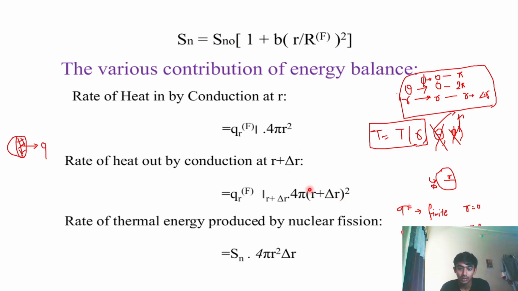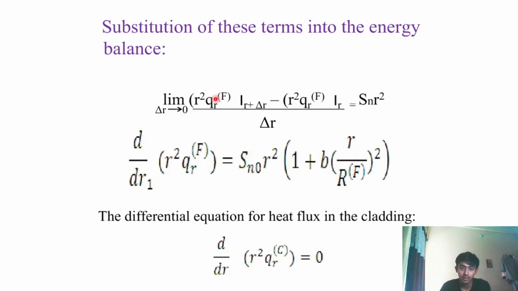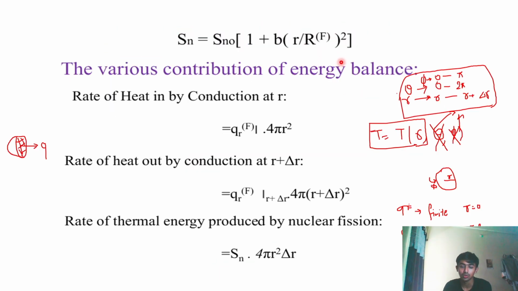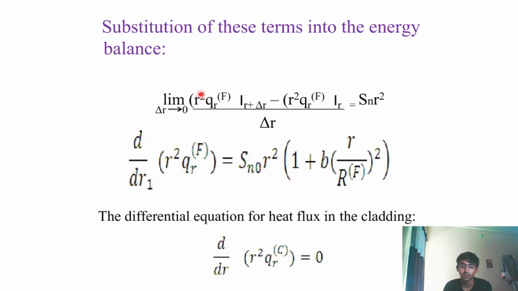So if we equate that, and take this 4 pi r square below, so in minus out, and delta r will be there, and r square, so cancel the 4 pi. Why are we taking this r square? Because the generation is already a function of r square, so we didn't cancel this. So for the flux also we can't cancel this,